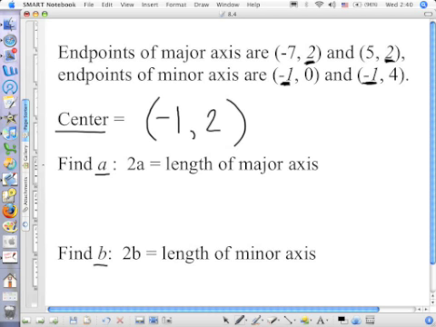Yes, this is a vertical ellipse. This is a vertical ellipse because the difference between these 2 numbers is much bigger than the difference between our x's. Now if we're going to find A, which is half the length of our major axis, we don't have to use a long drawn-out distance formula, and I'll tell you why. Because if I have points